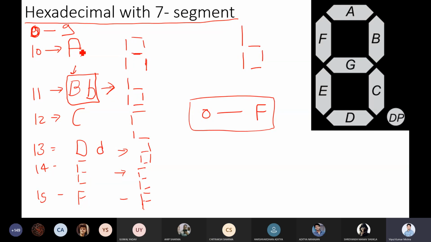Okay, so nothing special. Like here we want to represent 10 as A. To display A, you will glow all segments other than D. So then that will display A. Similarly for B, you cannot go with the capital B because if you represent capital B, it will appear as 8. So we are going with the small b. Similarly, C is also fine. For D, if you make capital D, then it will be similar to 0. So instead of capital, we are going with the small d. Now we have all 15 combinations to represent in terms of the 7-segment display. Based on this combination, you will complete the truth table, and once you complete the truth table, you can easily make the circuit.